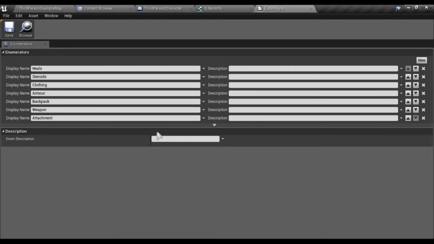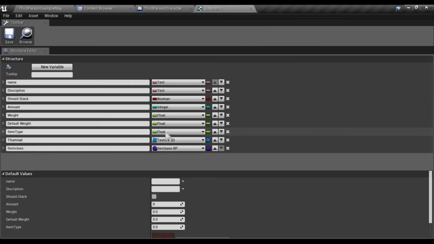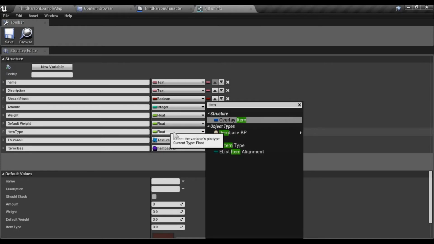So you can add more and more different item types later on, but for now I'll just work with these ones. So over here and in the item type, type in item type,